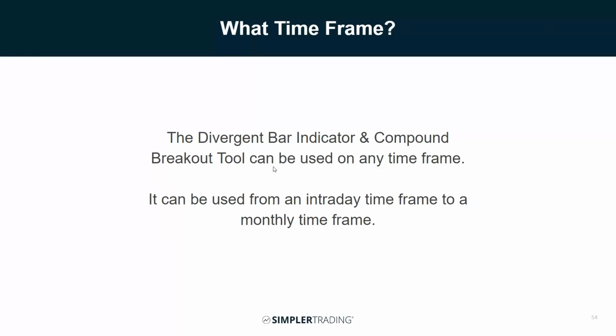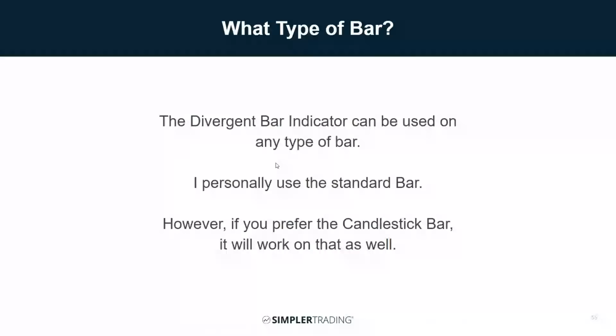But the compound breakout tool, I certainly look at on all my time frames. So I know some people with the divergent bar indicator like to use the candlestick bar. I personally use the standard bar. The divergent bar indicator completely works with the candlestick bar. If you have the grab candles, for example, or the 10x bars, this indicator will technically conflict with your charts,